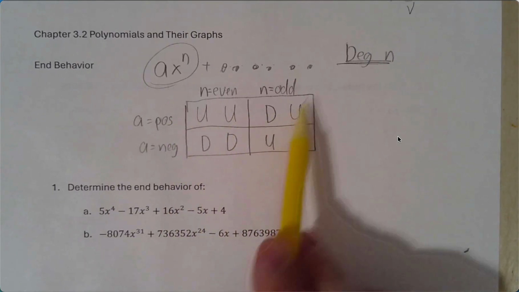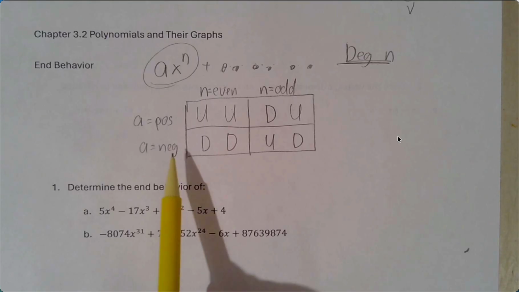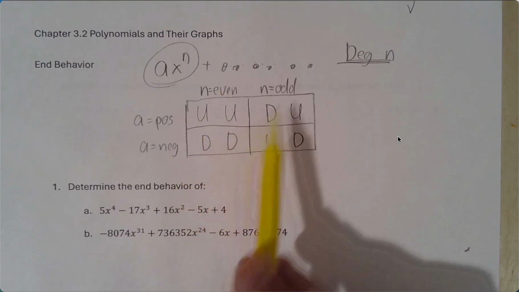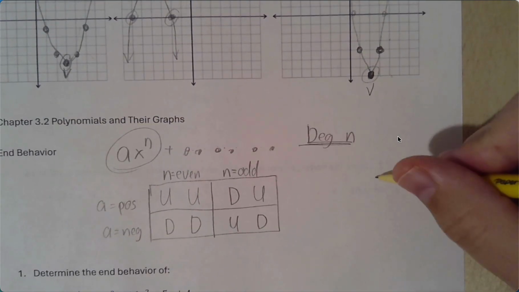Positive always ends by going up and to the right. Even matches, odd flips. Negative always ends by moving down and to the right. Even matches, odd flips. And so, just to point this out to you, as a really, really basic example,